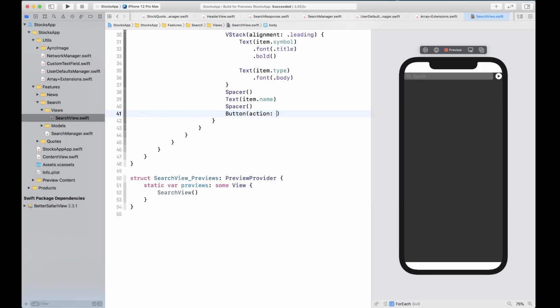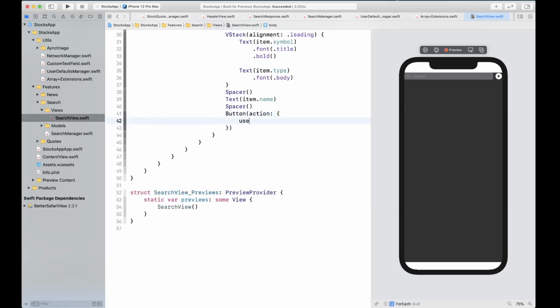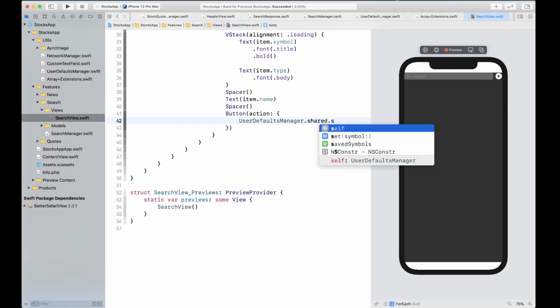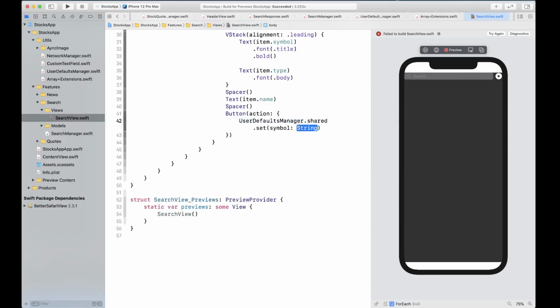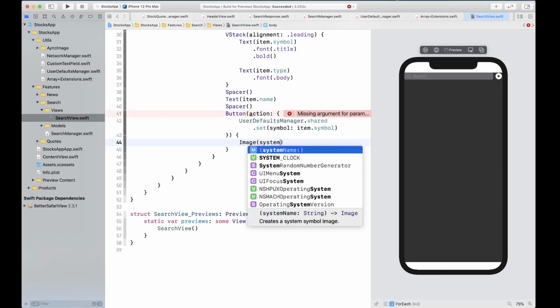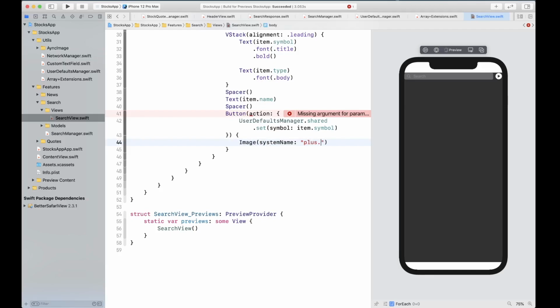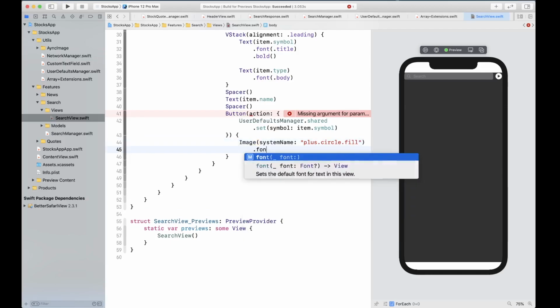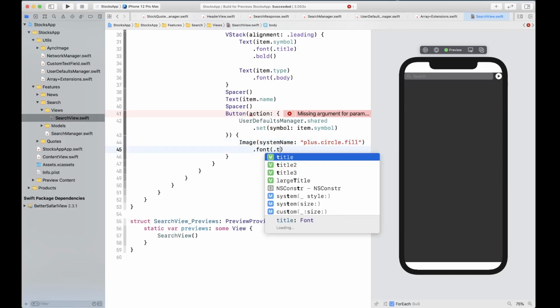And we're going to have an action on the button, and the action is going to be calling UserDefaultsManager.shared.save.set, and we're going to set that symbol. For the label, it's going to be Image systemName plus.circle.fill, font is going to be title.